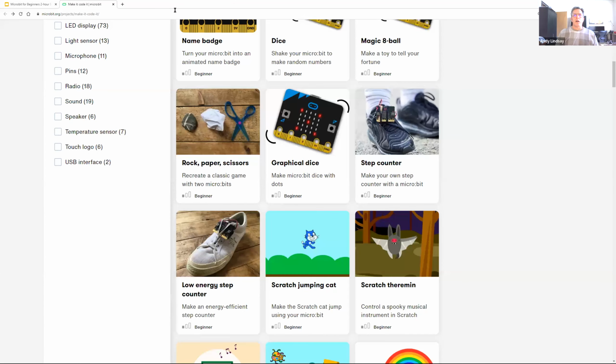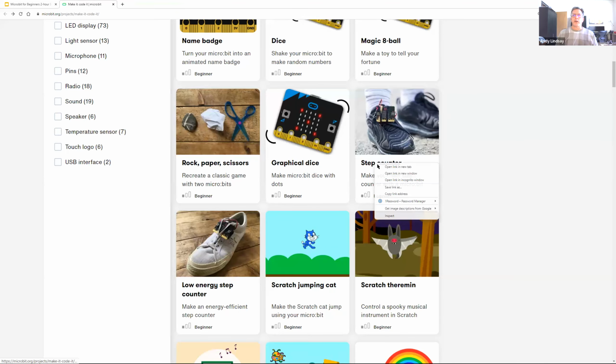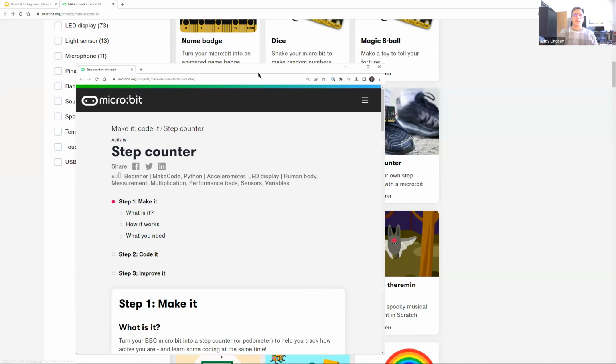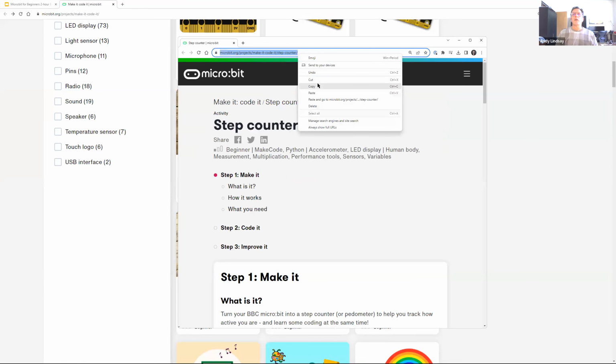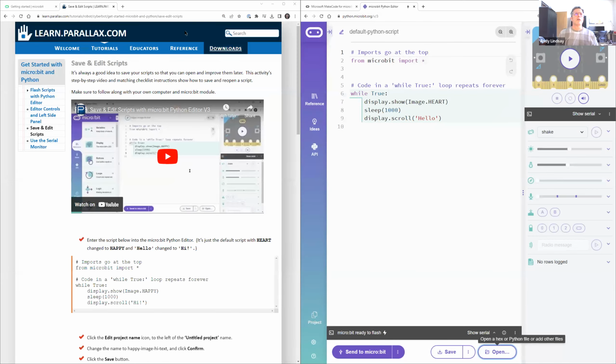Now, another approach to this might be, oops, I wanted step counter again. Okay, and I pasted that in so you guys can see it too. Okay, so if we go to the step counter tutorial,